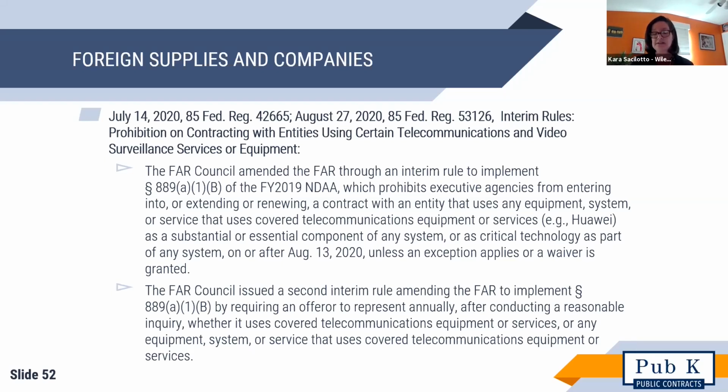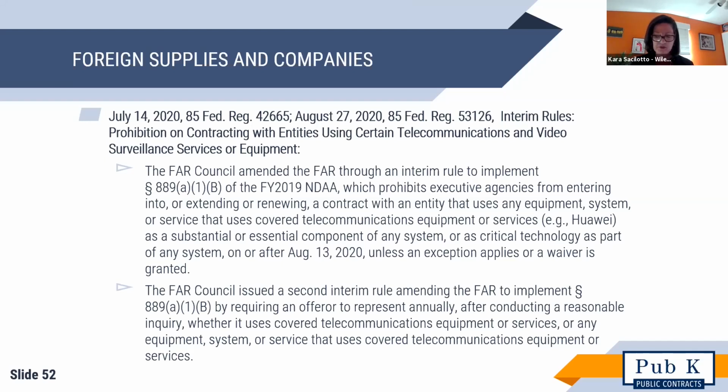The interim rule is intended to implement these restrictions, and notably, it confirms that with respect to the Part B requirements, the restrictions are not limited to use of equipment in the provision of services to the government, and states in the interim rule that use is prohibited regardless of whether that usage is in performance of work under a federal contract. So it requires a pretty broad sweeping look into what the contractor uses, frankly, as all of its systems.